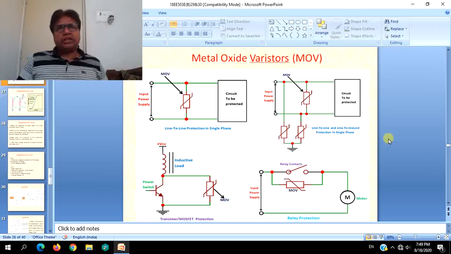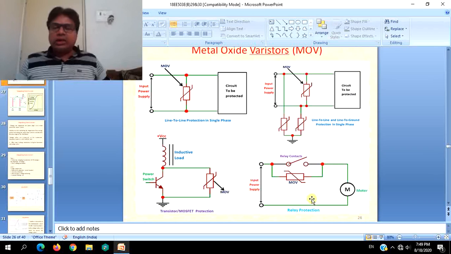But when some voltage spikes or harmonics occur, they will not be of any use because they cannot change their resistance. But MOVs play an important role in such cases, and compared to them, these are bidirectional. That is the added advantage of MOVs. And this will not provide any sort of freewheeling action or feedback action. This is only for protection purposes.